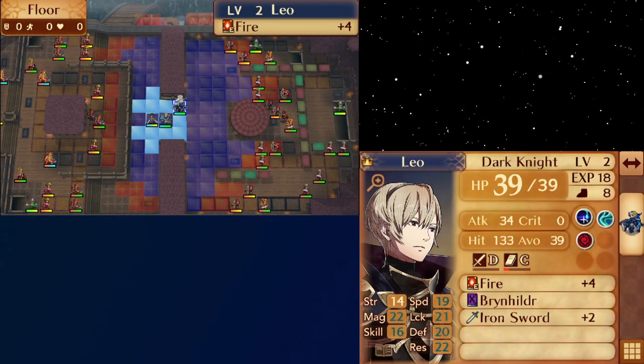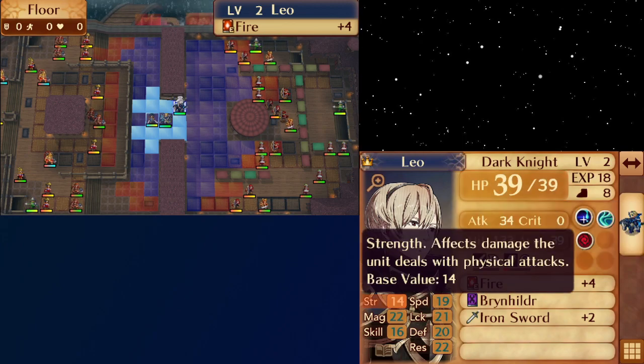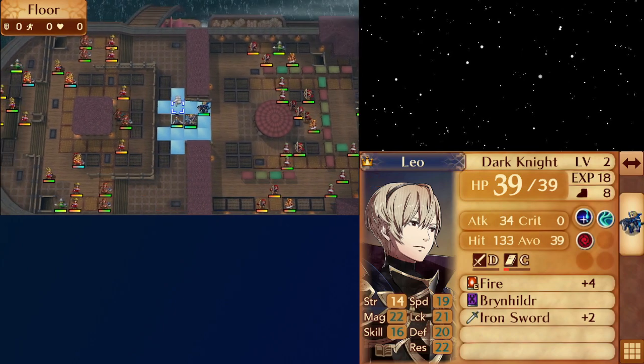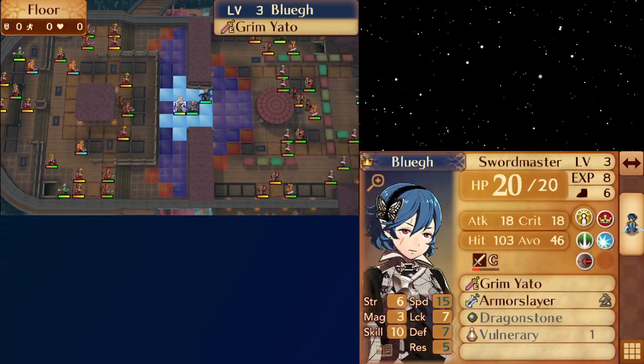Now, the only stat modifiers that Leo has gotten are a tonic in every stat, except for strength, and then he has a meal for speed, luck, and defense. Other than that, he's gained no stat boosters whatsoever. And then the only other stats that he's going to be getting are from Corrin's para. Now, Corrin and Leo do have S support in this file. And that's mainly to help with consistency because